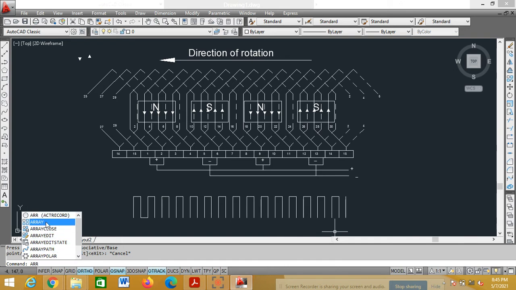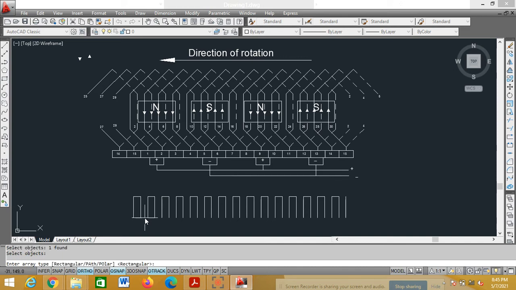You can do it in parallel by selecting top and bottom both. At one time, one array you can do. Select objects, enter, rectangular, R enter, count C enter, number of rows 1 enter, number of columns 15 enter, spacing S enter, 2 enter.